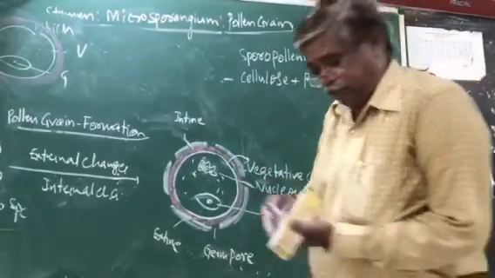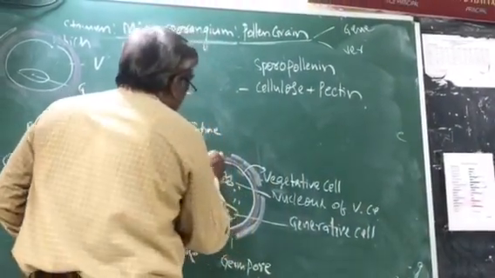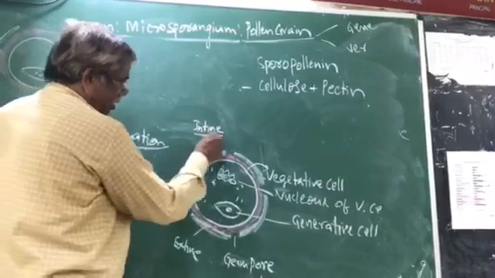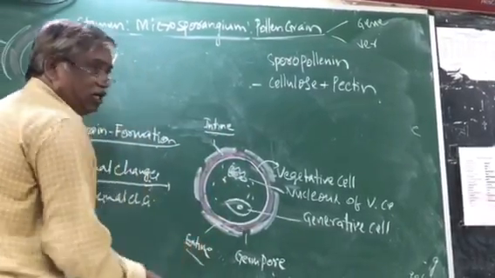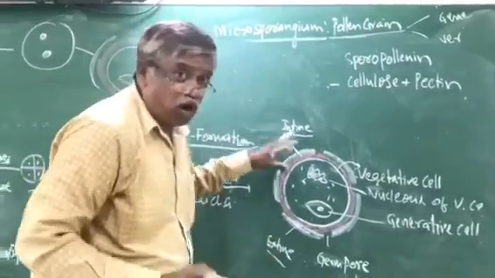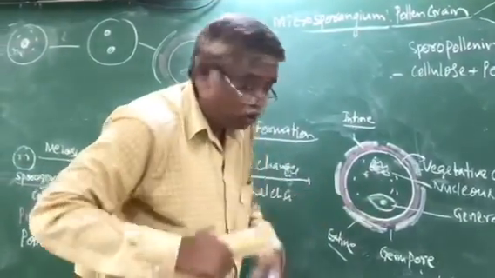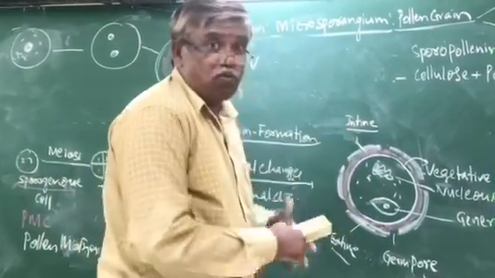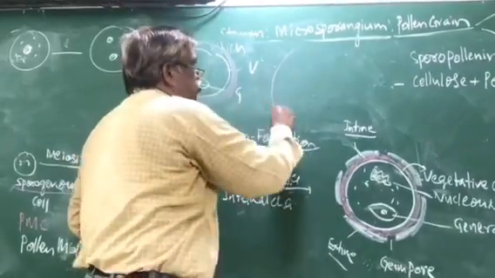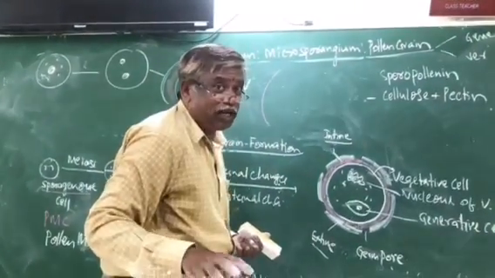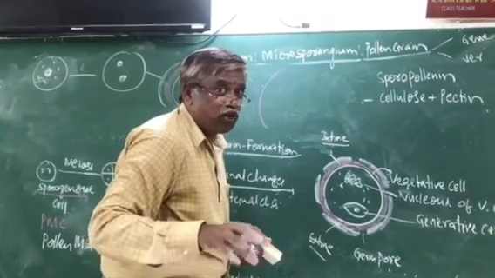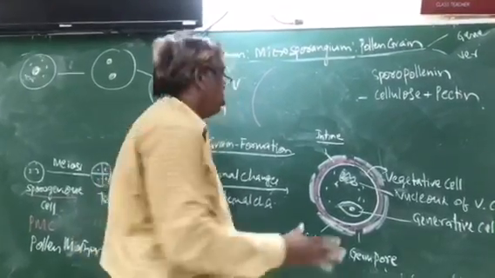How many coverings? Two coverings. Name the two coverings. Now, it is pink in color, and the white one is the exine. Exine and intine. The intine is formed by the microspore itself, but the exine is formed by the tapetum. Pollen grain is present in the pollen sac. The pollen sac boundary is